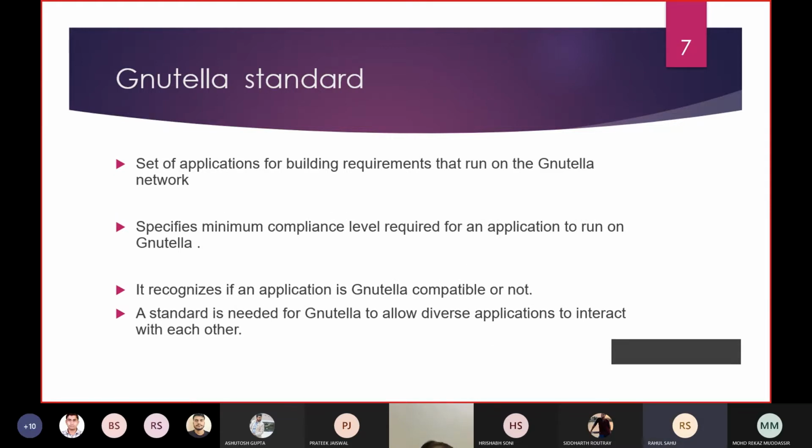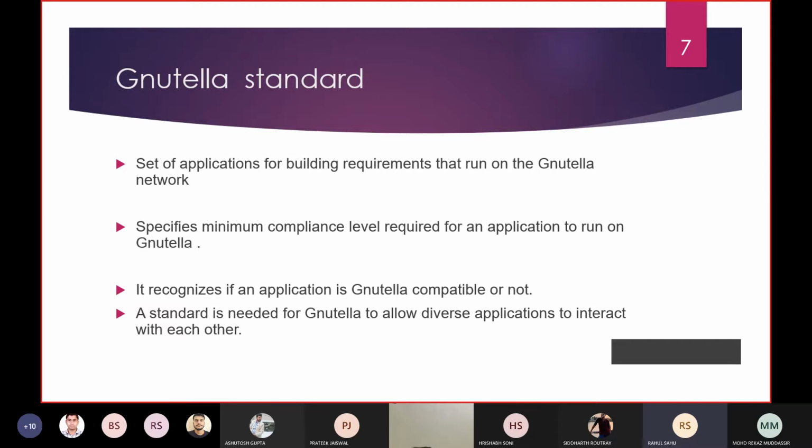Gnutella standard. There is a set of applications that run on the Gnutella network. To run on the Gnutella network, these applications have to follow some standard. That standard defines which applications can run on the Gnutella network and which cannot. So this standard recognizes whether an application is compatible to run on the Gnutella network or not.